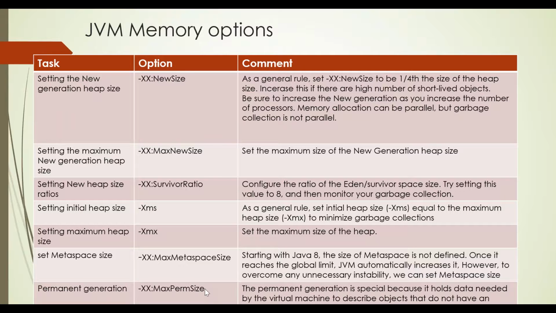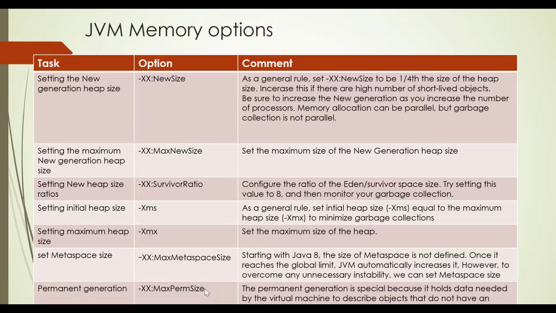Most of the time you will not need it at first, but when you see out of memory errors, they occur at different levels. It may be due to your Eden space being small, or due to your old generation being small. There are different kinds of reasons for an out of memory error. But when you see the out of memory error for PermGen, then you need to increase this size.